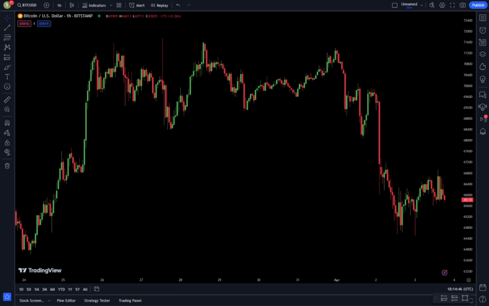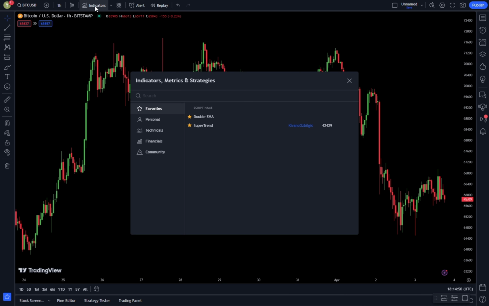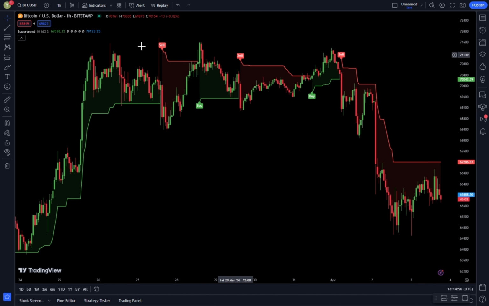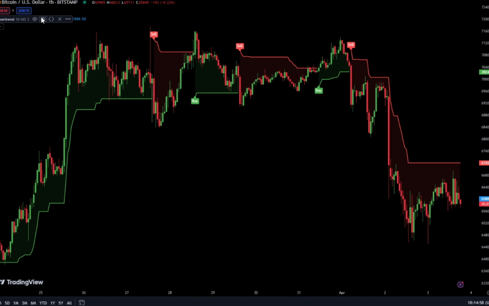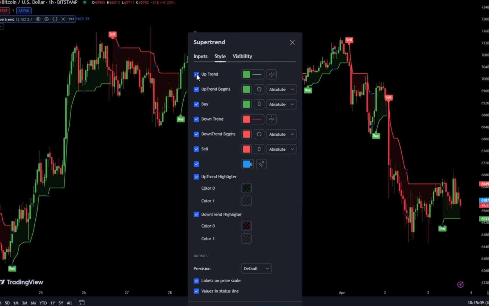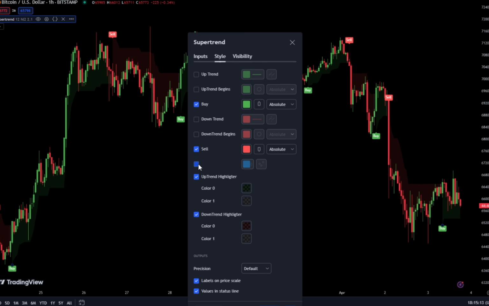To use this trading strategy, navigate to TradingView and go to the Indicator Search tab. Type Super Trend and select the one by Kenneth Billick. Access the settings of the Super Trend indicator and set the period to 12, the source to HL2, and the ATR multiplier to 2.1. In the Style tab, uncheck the boxes for Uptrend, Uptrend Begins, Downtrend, Downtrend Begins, Dots, Uptrend